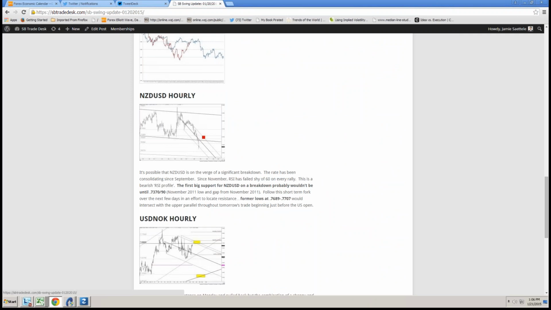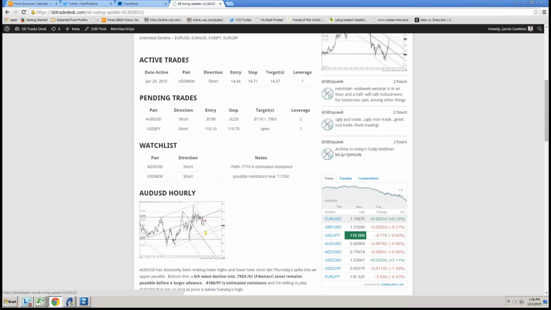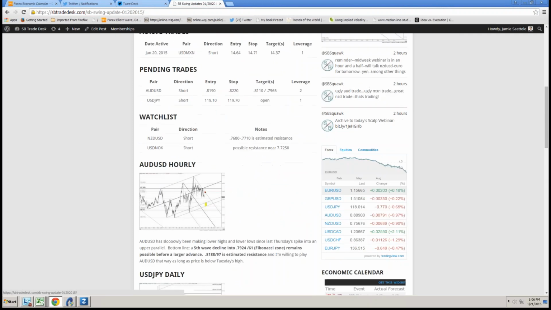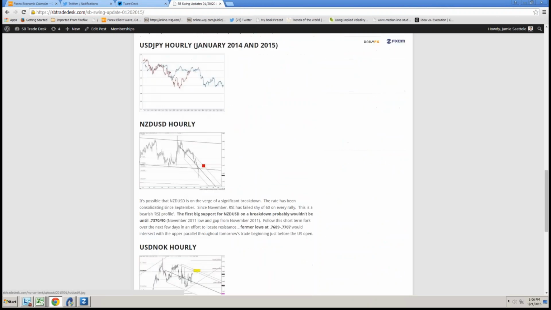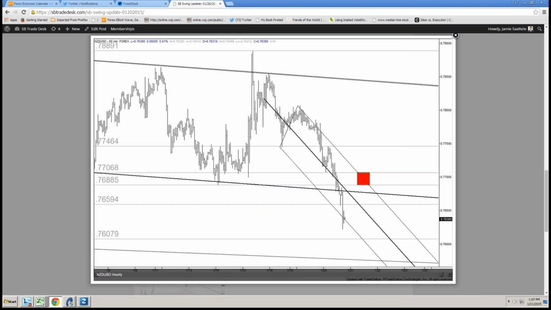Mark, another question. Are watch list pairs meant to be actionable if conditions are confirmed? Yeah, look, you're your own person, and you have to decide what you're comfortable doing. Kiwi obviously was something we watched closely. I rarely put red squares or blue squares on a chart. Most of them are yellow, just for reaction level. So when there's something red, you know that it's something I'm looking at quite closely. And obviously all morning I tweeted out about Kiwi and looking for 77 resistance, et cetera.